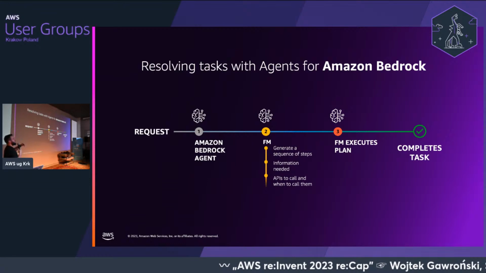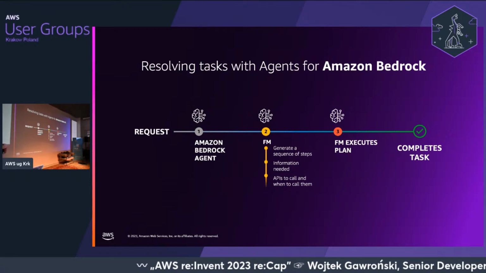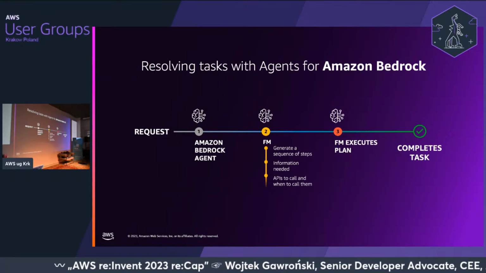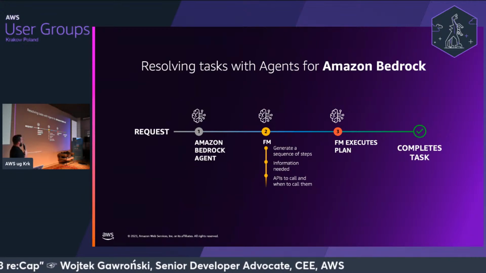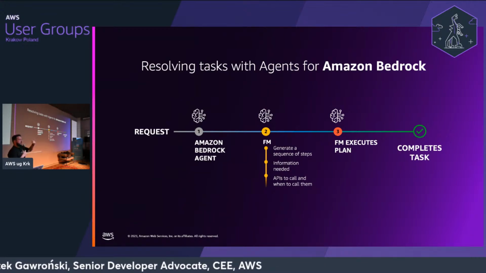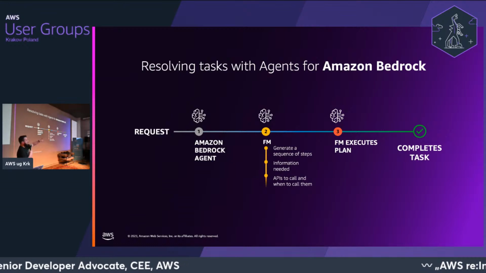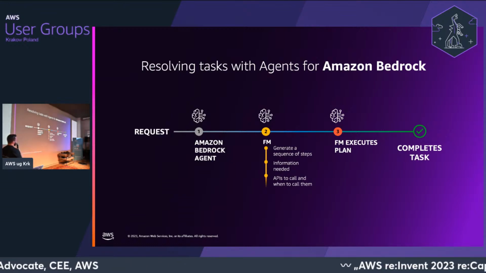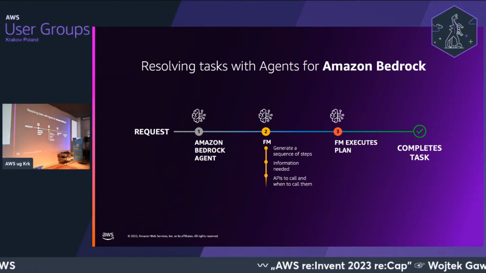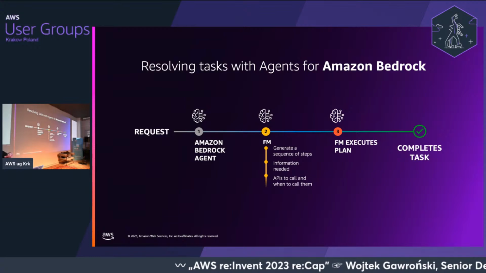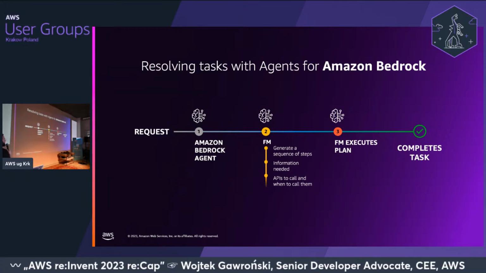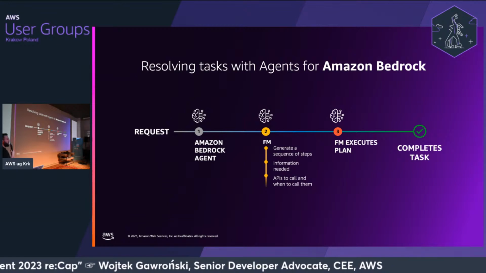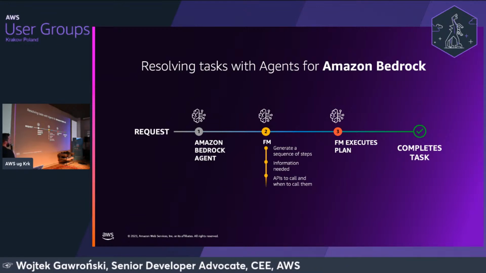So you need to have a custom action implemented in your code that will do those calls to the APIs. And actually, you can write those with AWS Lambda and embed this in the whole process with the help of the Amazon Bedrock agents. So now you will be able to react on those triggers. You will receive all the information needed, and then you will be able to provide a custom code that will actually execute the action.